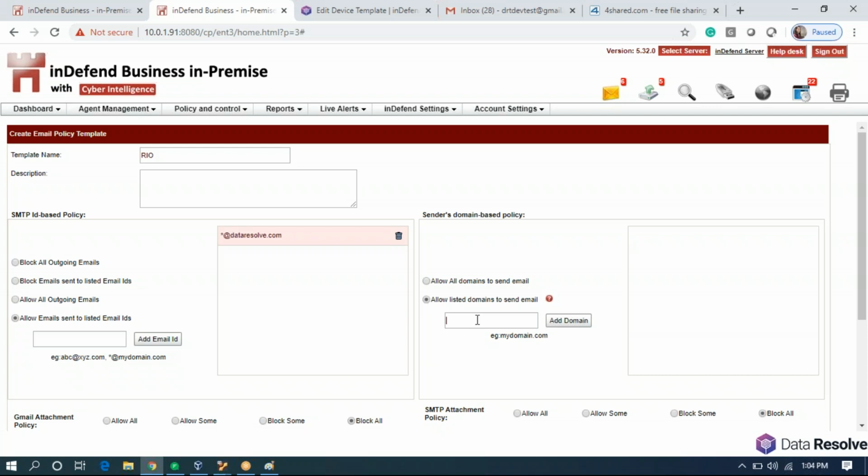However, in case of G Suite, if I whitelist and mention dataresolve.com, then from that particular machine, the user will only be able to log into the dataresolve.com domain through Gmail. For example, if your organization is on G Suite and you want to give them web-based access, you have to allow gmail.com.